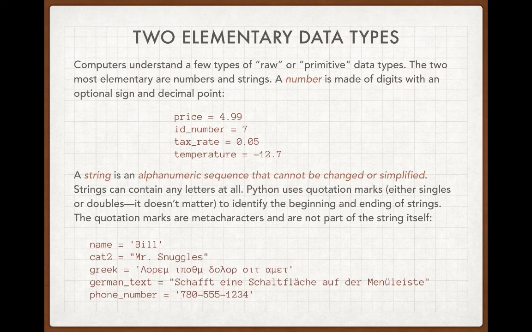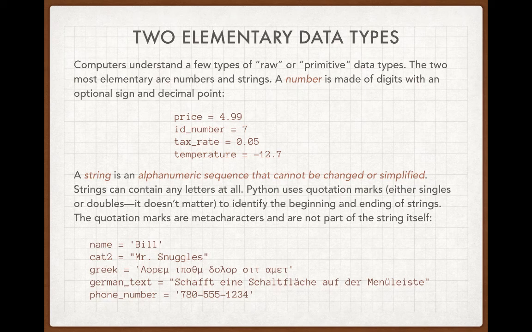But Python needs to know where the string begins and where the string ends. And in order to do that, we use quotation marks. Now, it doesn't matter if you're using singles or doubles. Python doesn't care. You just have to use the same one at the end that you used at the beginning. But the quotation marks themselves are really meta characters. They delimit the string. They tell Python where it begins and where it ends, but they are not part of